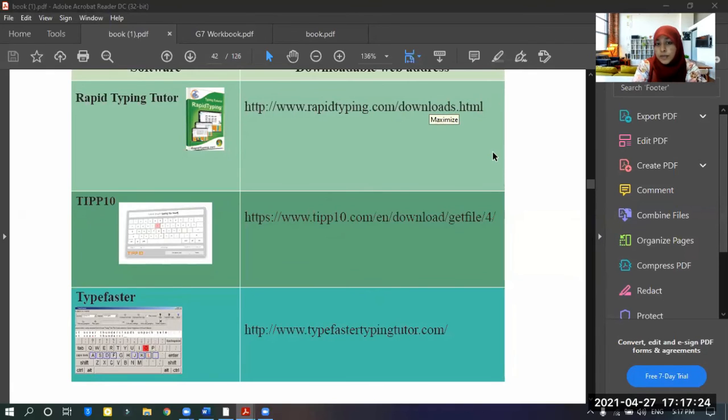Rapid typing is an open source software. Yes, in computers. Rapid typing is open source. It is free. These three are free. And the typing master is not free. You should pay for that. Okay.